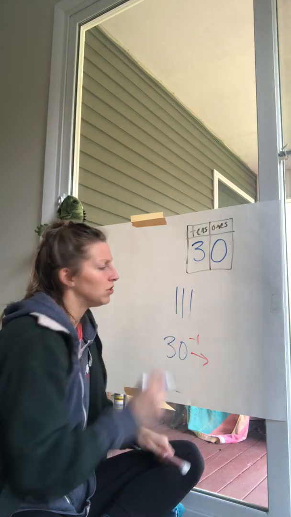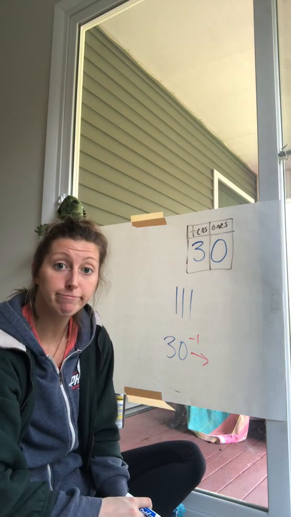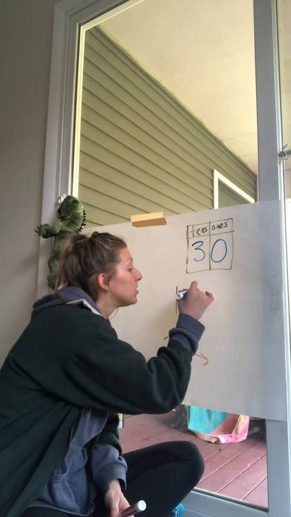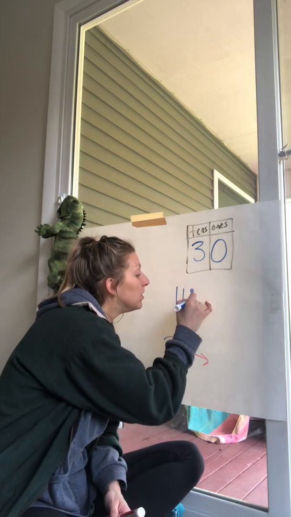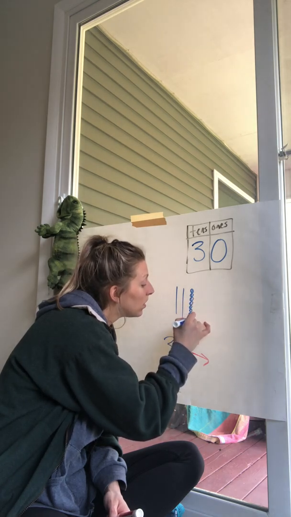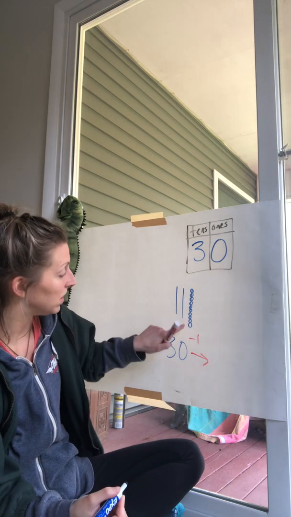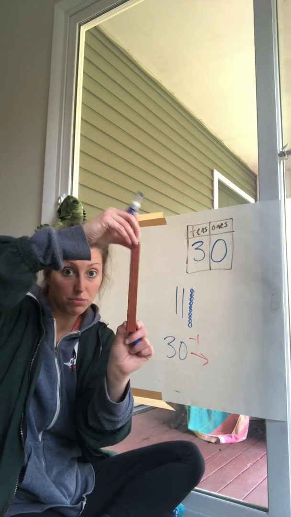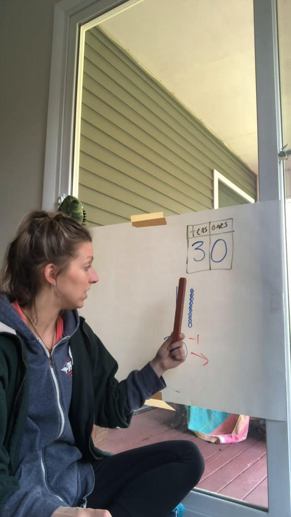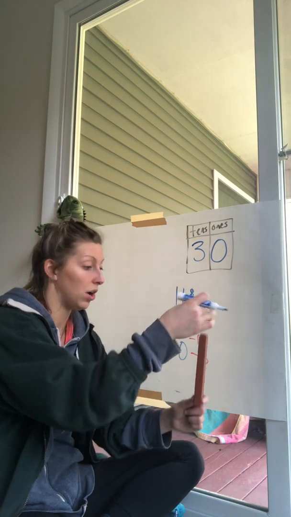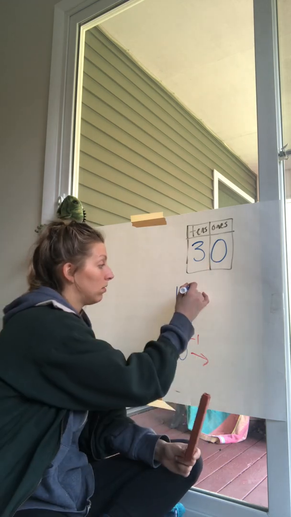Well, what does one of these represent? That represents a 10 stick, right? So really it represents 10 circles. Here's my 10 circles that it really represents, right? Don't forget our 10 cubes. That's the 10 stick. If I took 1 cube away, which it's asking me to take 1 away, well, 1